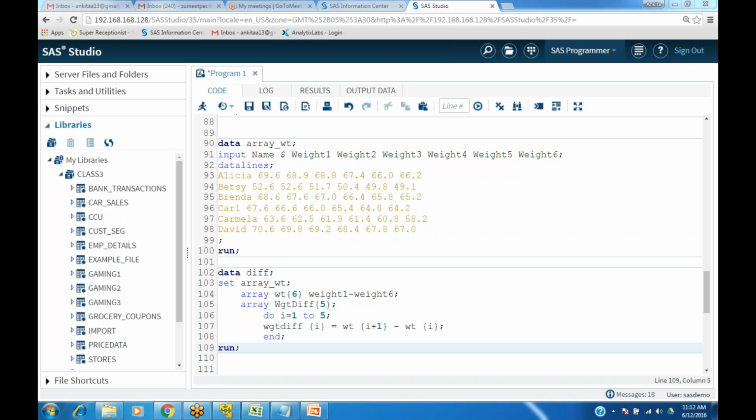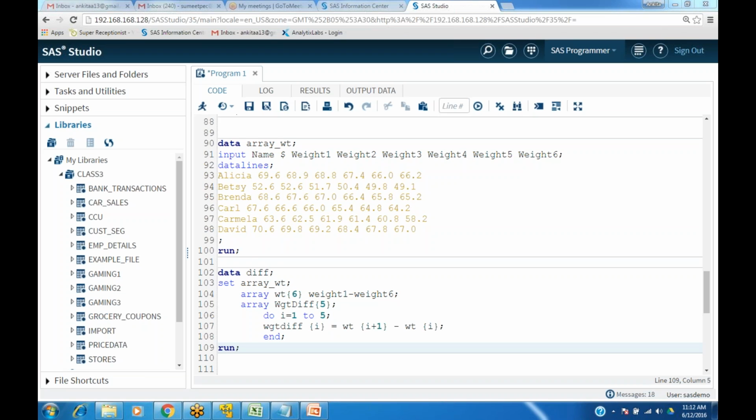Can we display the weight diff one column in between weight 1 and weight 2? No, because remember what we said, new columns are always added to the rightmost. When you are working with SAS, you are generally not working with small data sets, so you are not bothered about the order of the columns. In a practical scenario, if we need to do that,